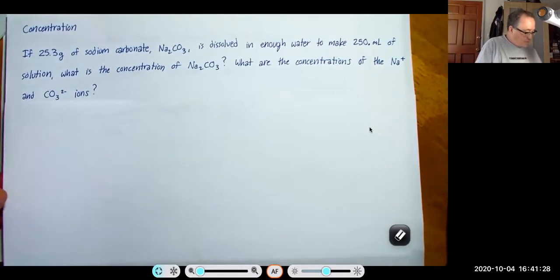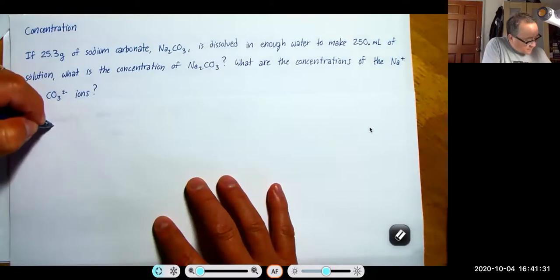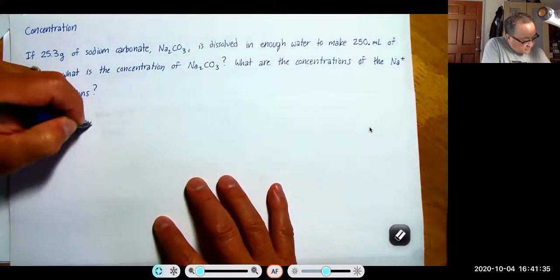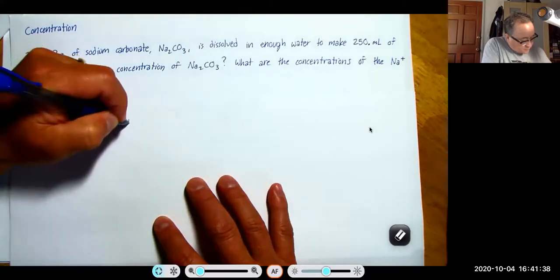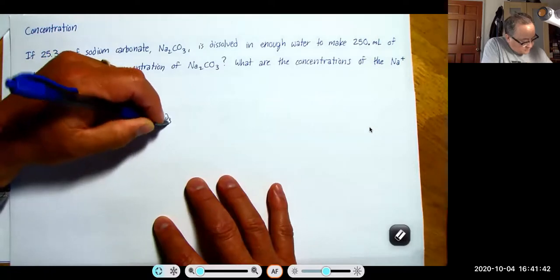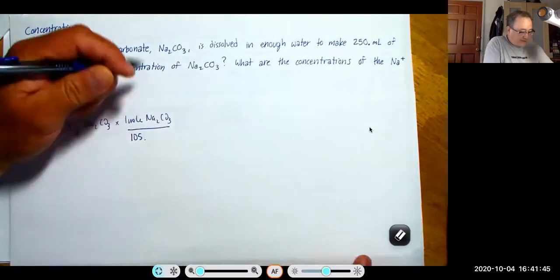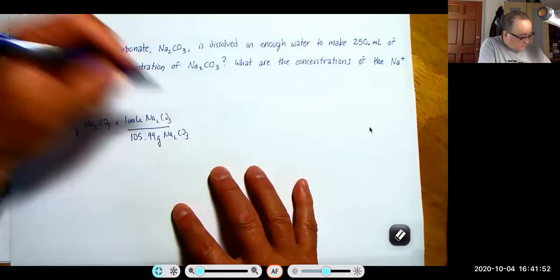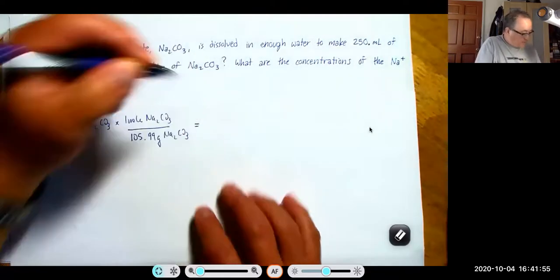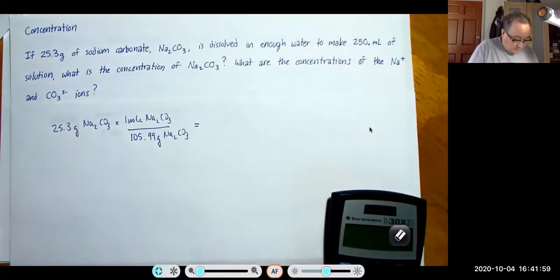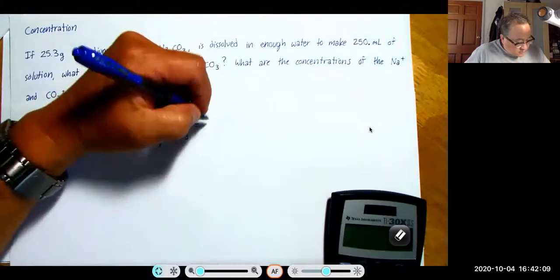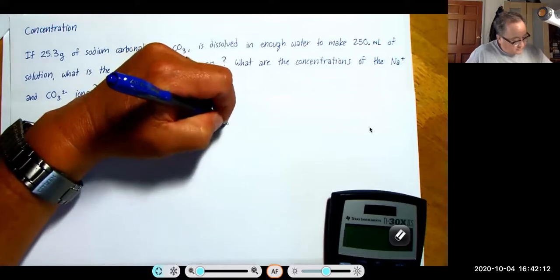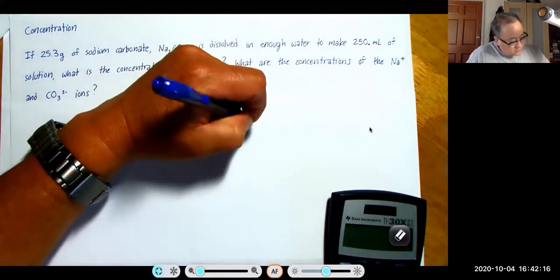So far, we have 25.3 grams of sodium carbonate times 1 mole of sodium carbonate per 105.99 grams of sodium carbonate. And that means we have 25 over 125 is about 1/4, right? So 0.25-ish, maybe a little less, 25.3 divided by 105.99. And we get 0.2387 mole of sodium carbonate